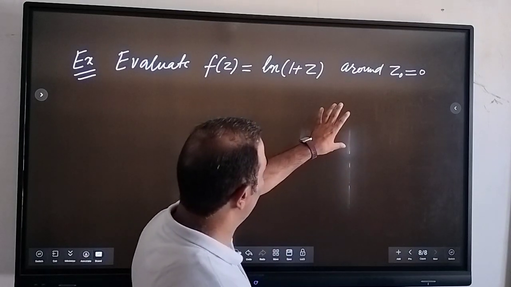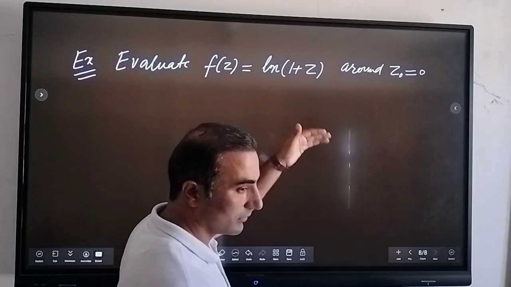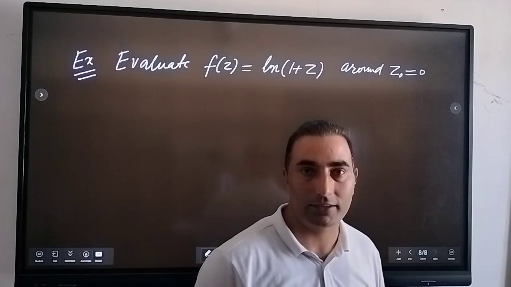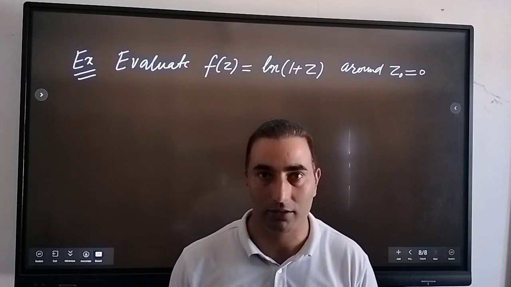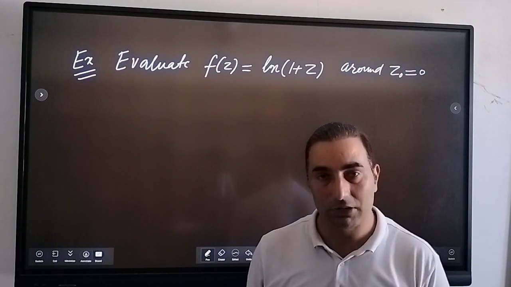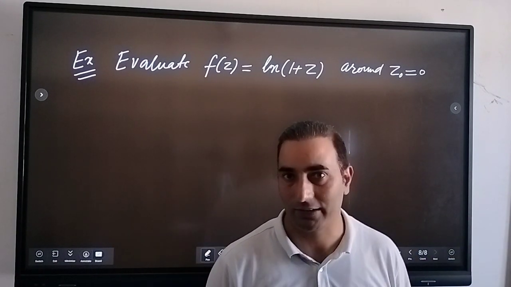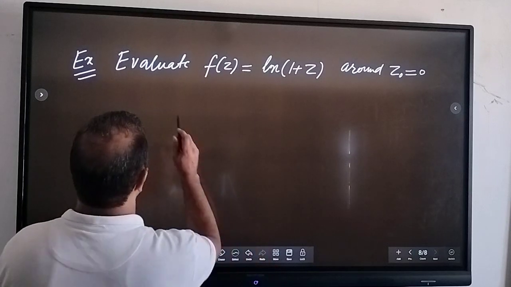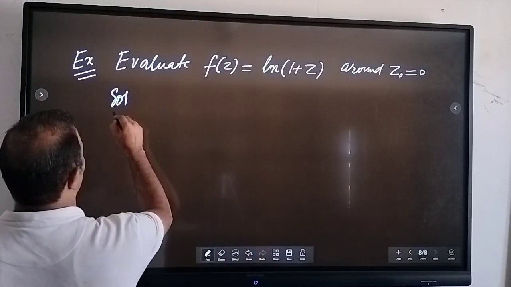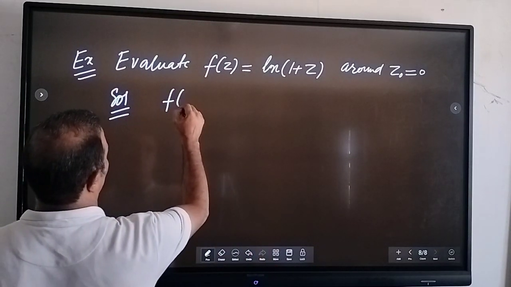So you need to expand it there. I will not write all the expansion that we have done in the previous two problems. I will directly calculate the derivatives and substitute them in that expression, right? So let's write, f of z is